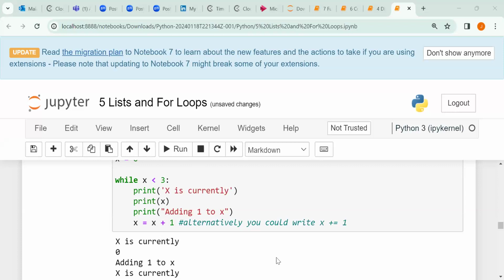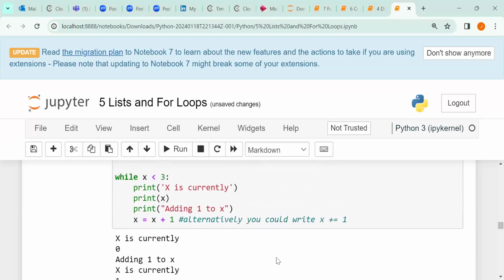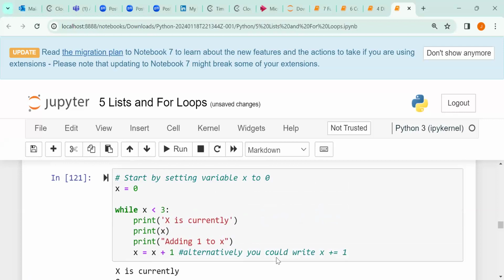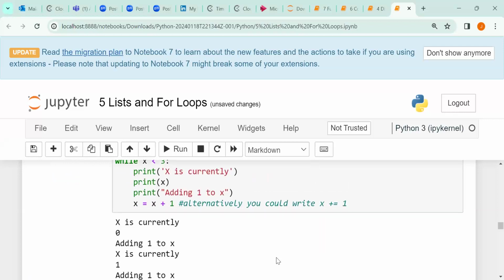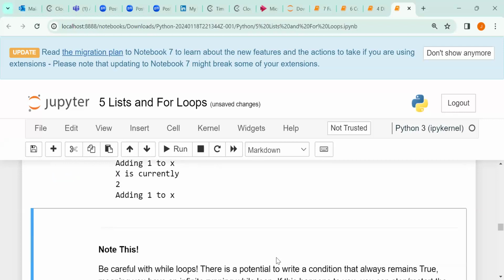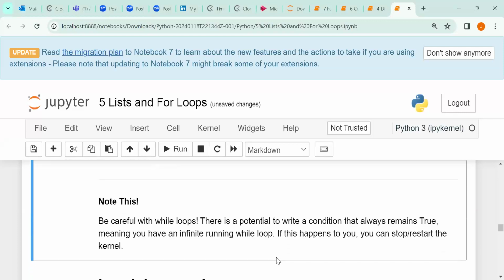Great one. It's going to print x is currently again. Then the new value of x is now what? 2. Then this is now going to add what? 1 to the value of x again. And the value of x will now be what? 3. 3 is no longer less than 3. Then the loop will be what? Exited. And you know that you have to be careful with a while loop, because while a condition is true,